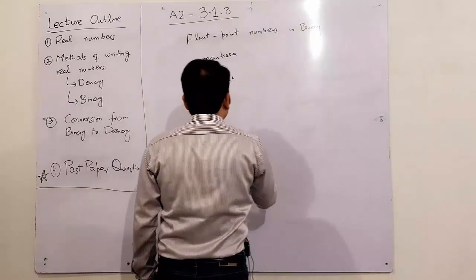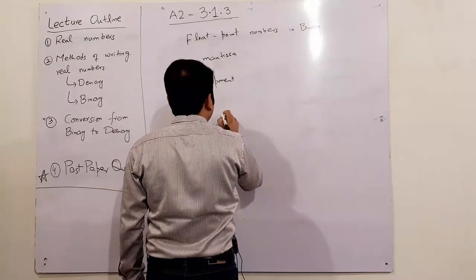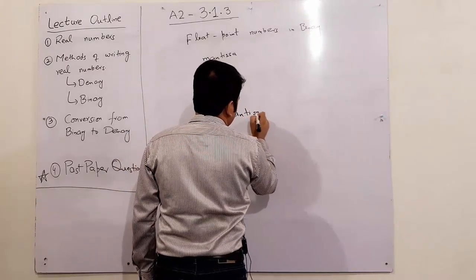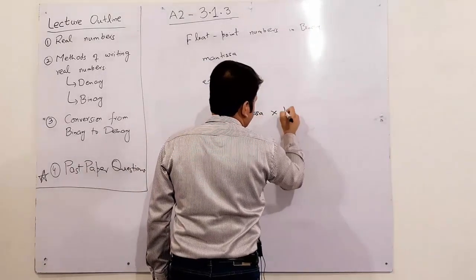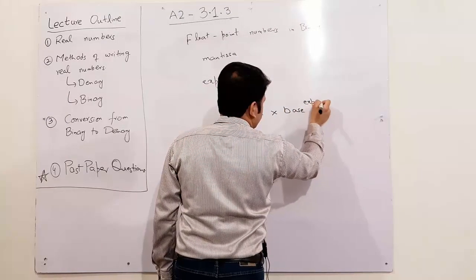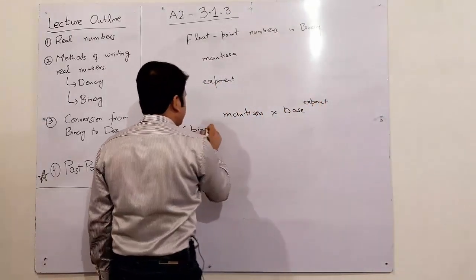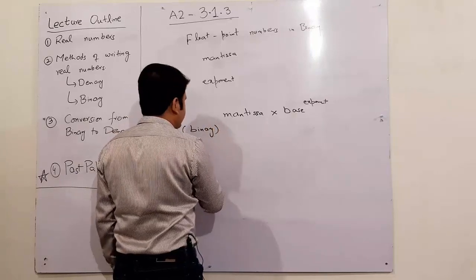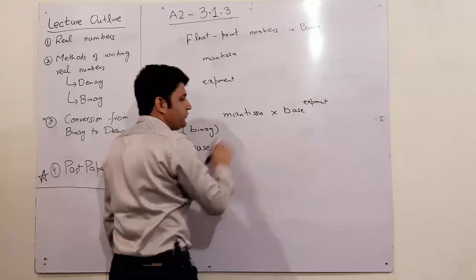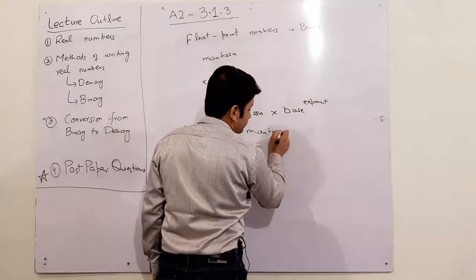Using these two components, I can write down my floating point numbers in binary form using the same formula, and that is Mantissa times base to the power exponent. And currently, since I am working in binary form, the base will be 2. So the formula overall becomes, for binary,